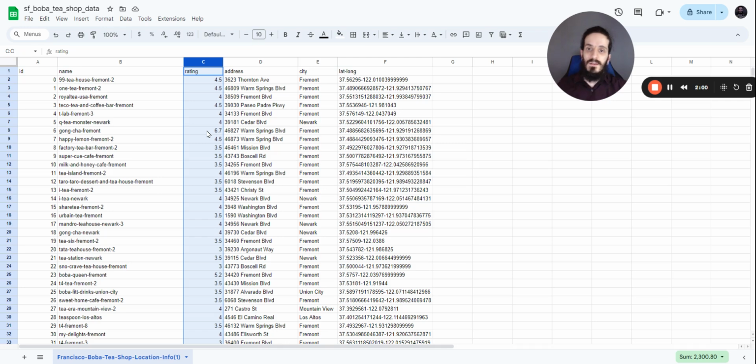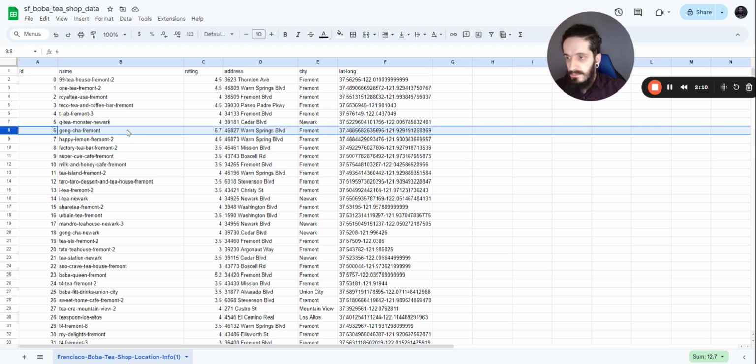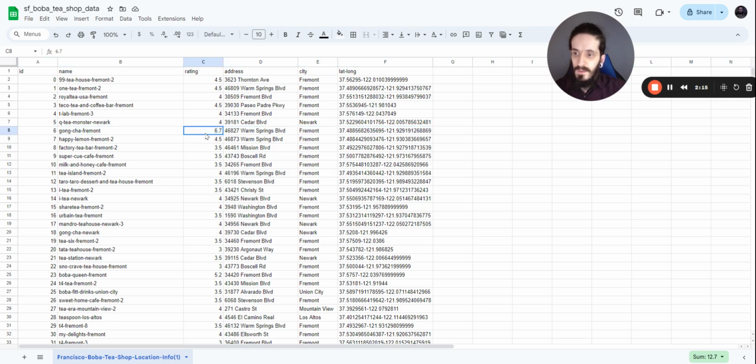So this rating is done through Yelp reviews of 0 to 5 stars, and as you can see, for the one that we previously worked on, the one left over has a 6.7, and Boba Queen Fremont has a 5.2, which is above the rating scale. So what we're going to do is use the COUNTIF function. So COUNTIF, and we're going to pick the entire C column. That way it counts everything in this column that falls in